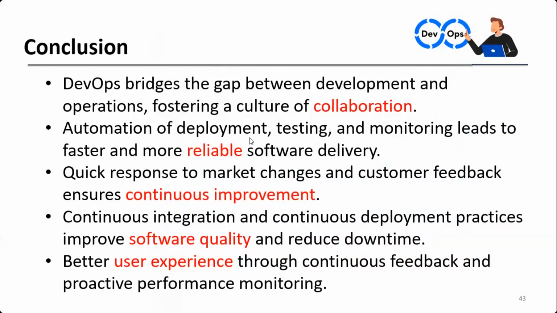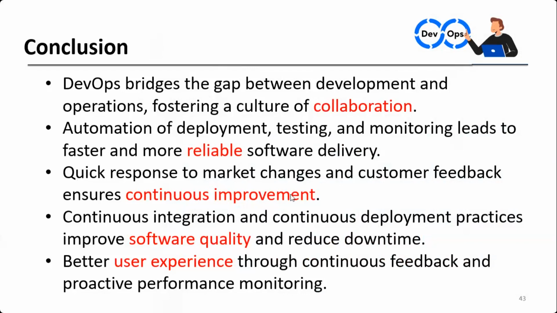DevOps also improves the efficiency in automation of deployment, testing, and monitoring, which leads to faster and more reliable software delivery. And it also increases the agility, whereby quick response to market changes